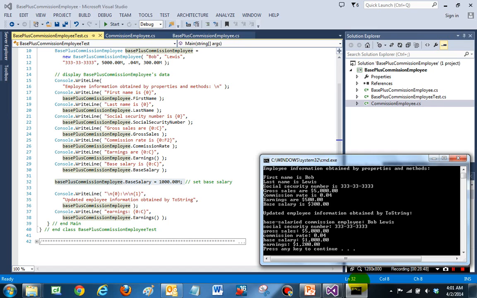Again, we display it in a different format, like the name is Bob Lewis, first and last name on the same line instead of separated by a new line. The rest of it is pretty much the same, except the earnings are up because the base salary is up. So this is a successful implementation of a